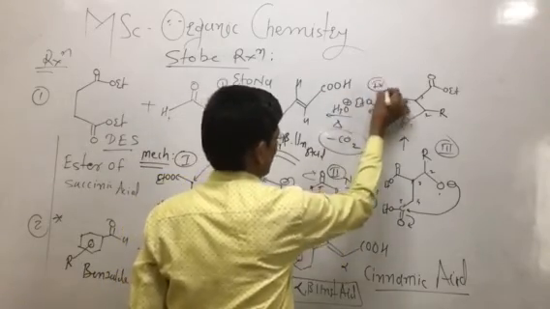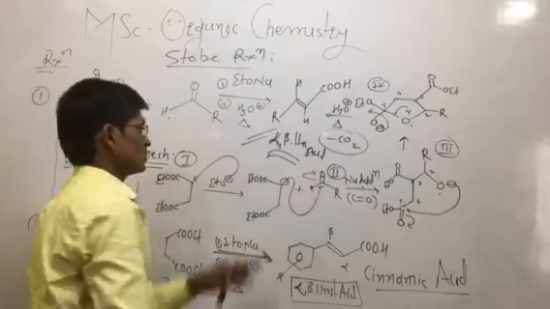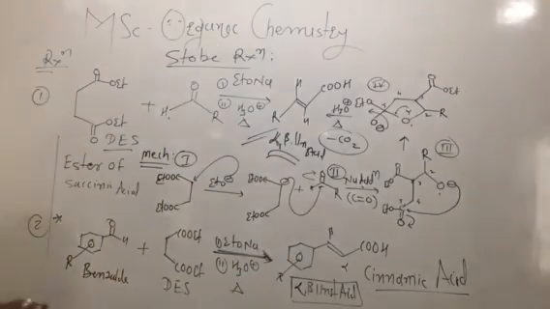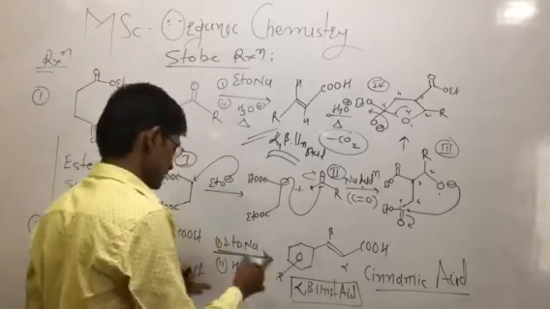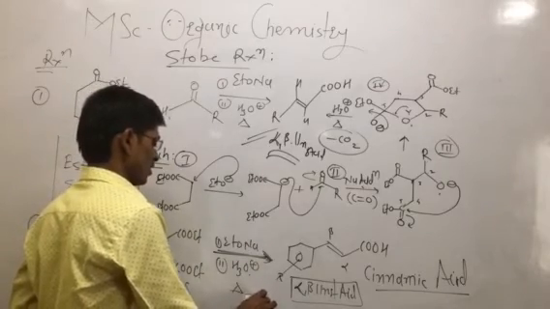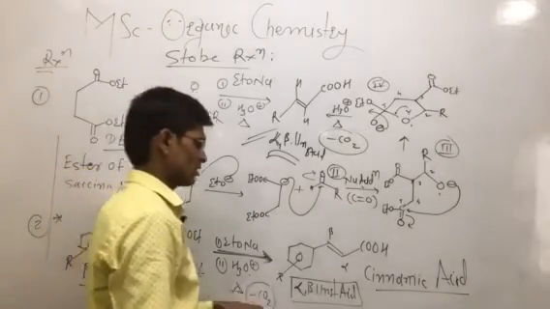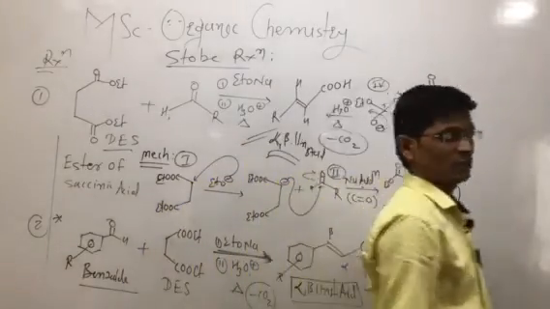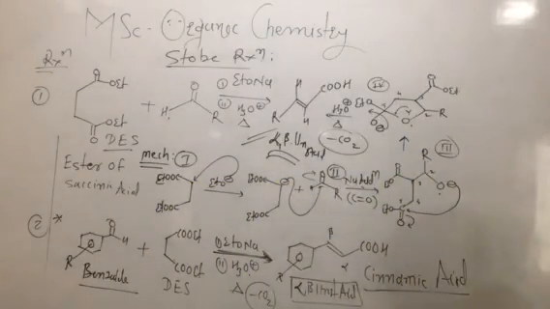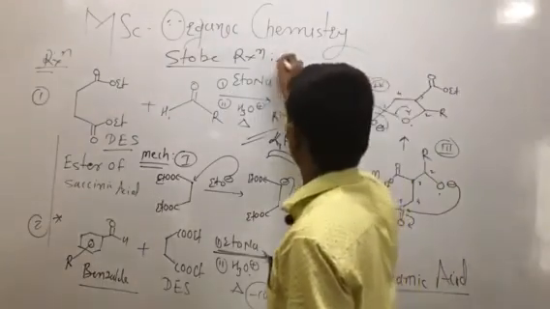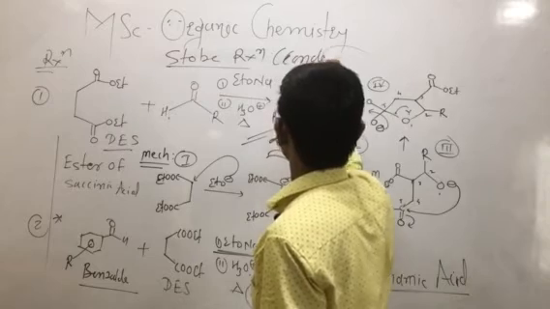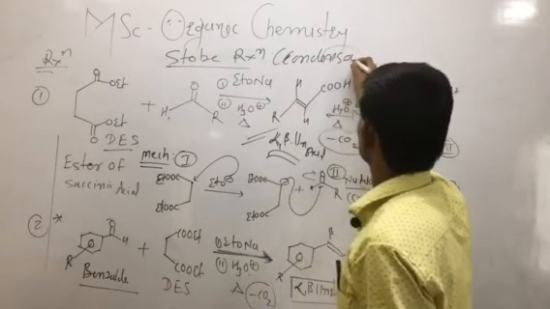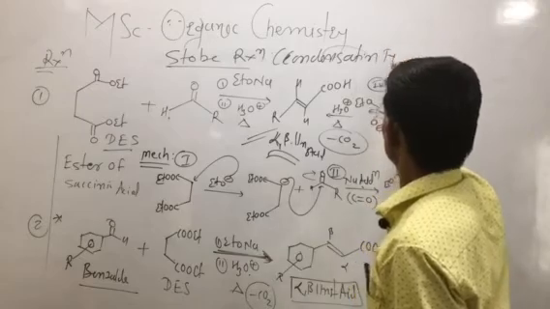So the fourth step, the fifth step of the reaction, and then formation of alpha beta unsaturated acid. If we take an aromatic aldehyde, benzaldehyde, and diethyl succinate in presence of sodium ethoxide, hydrolysis in basic condition, hydrolysis in acidic condition, and after loss of carbon dioxide, decarboxylation, formation of cinnamic acid. So this is called what? Stobbe reaction. This is called a condensation type of reaction.